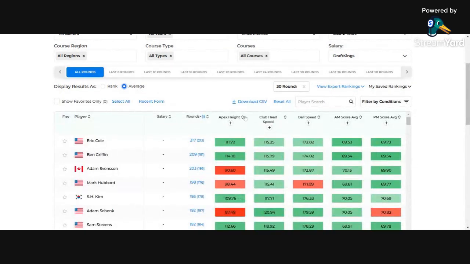So apex height. Obviously these are the players who hit the ball the highest off the tee. Again, we have club head speed and ball speed. And we do kind of go off here a little bit to